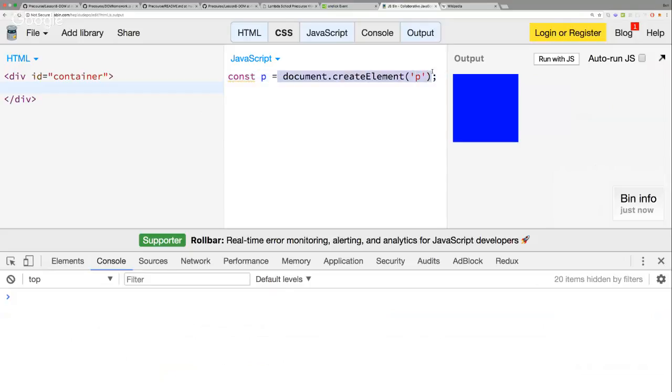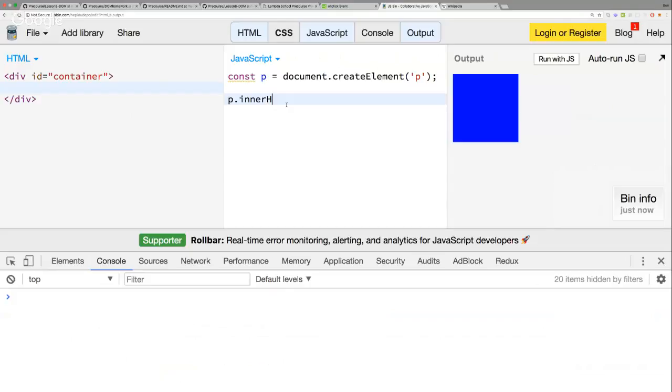And this is going to create a new paragraph element that we're going to be adding in. This doesn't write it into the file, it just changes it on the DOM object. And so if the page is refreshed, this is gone. But here we have our new paragraph tag that we're creating, and there's some other things we can do to it. So with p, I'm going to say